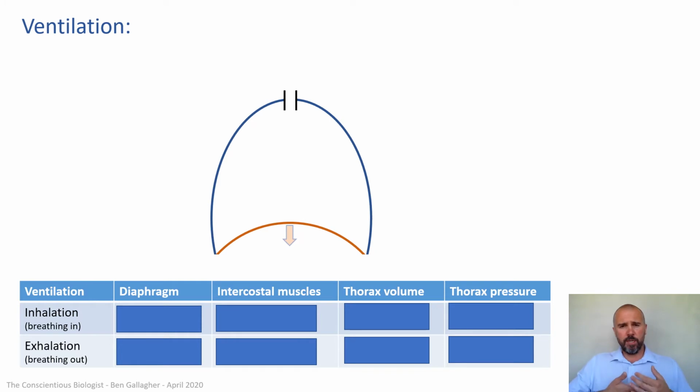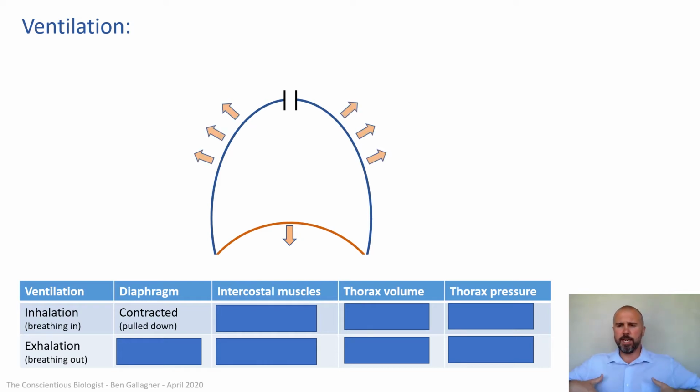First thing you need to do is pull your diaphragm muscle down, and you do that by contracting it. So imagine your diaphragm when it's relaxed is up like that, pressing up into your lungs. When you contract it, it shortens, so it pulls down and it flattens, okay? Your intercostal muscles need to contract and pull all your ribs up closer together, and that pulls your whole rib